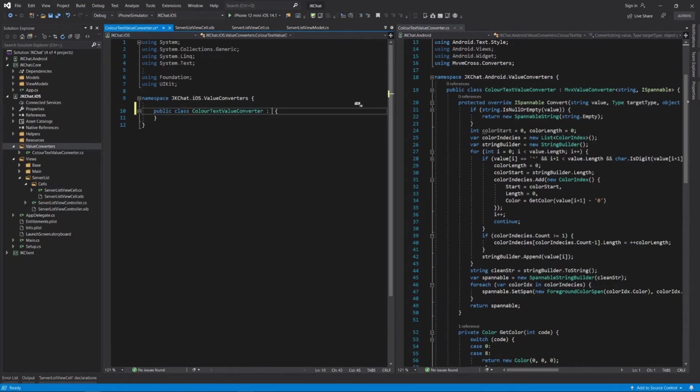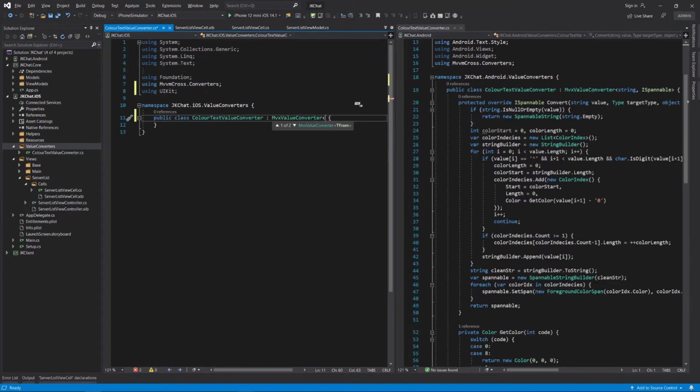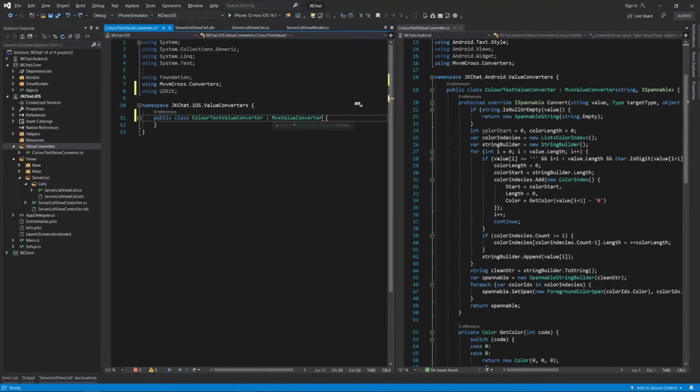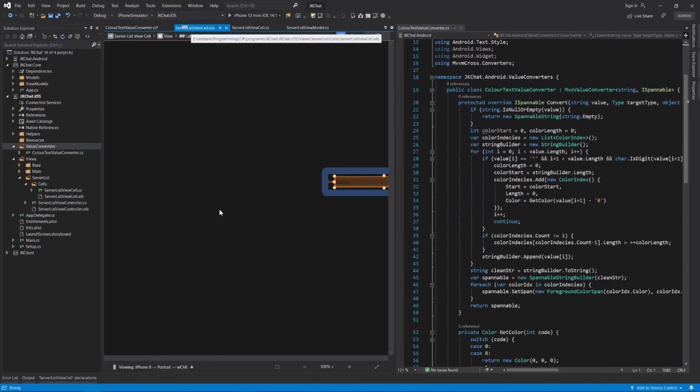It inherits from a VX value converter, and it converts from string to